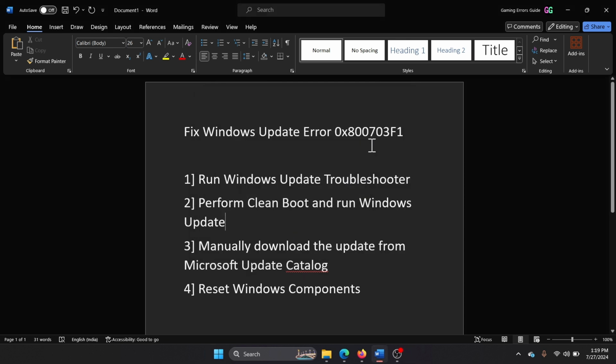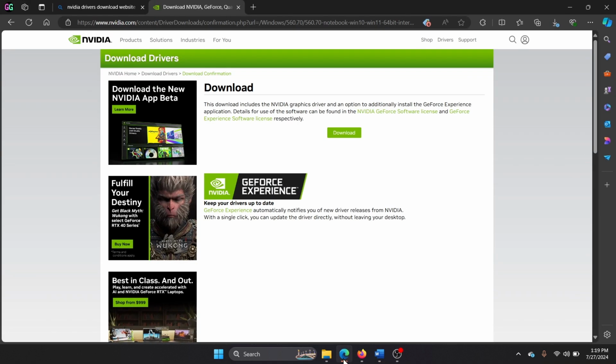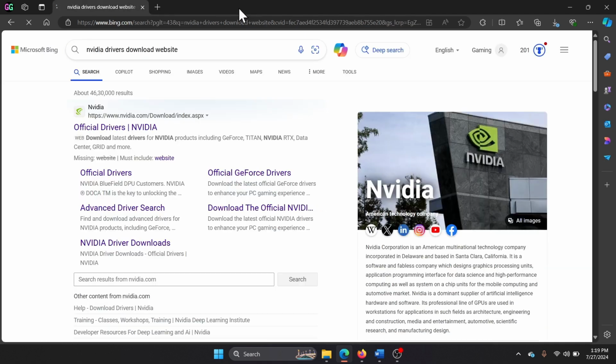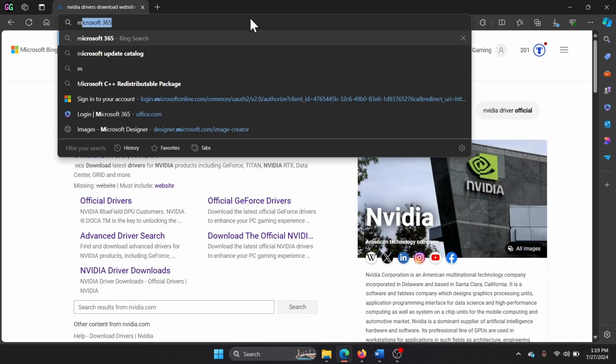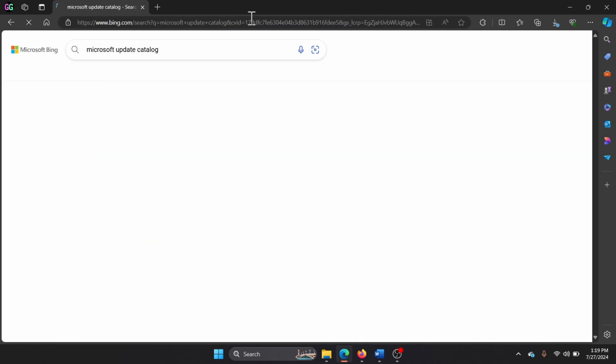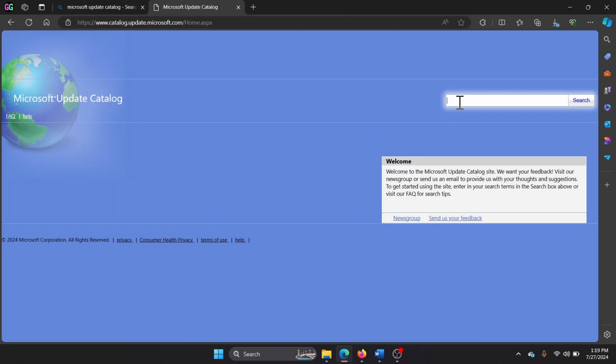The next solution is to manually download the update from the Microsoft Update catalog. So go to any browser, search for Microsoft Update catalog. Go to this website, catalog.update.microsoft.com, and then search for the latest month and year in the MMYYYY format. In my case, it will be